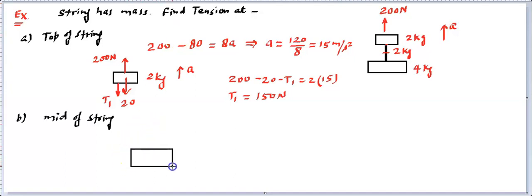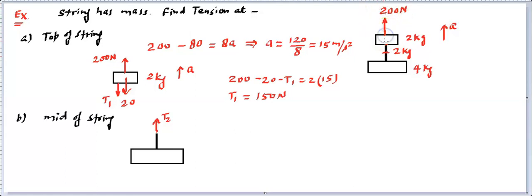So let's say that is downside, and this time I'm drawing the downside one, and half of this string. This is half of this string, right? So that it comes as a midpoint. Now what forces are going to act at this point, which is now an external point? You'll find the external point will have a tension. Let's call this tension T2. So beyond this point, it is being pulled by tension T2. Here this 200 is not involved, right?